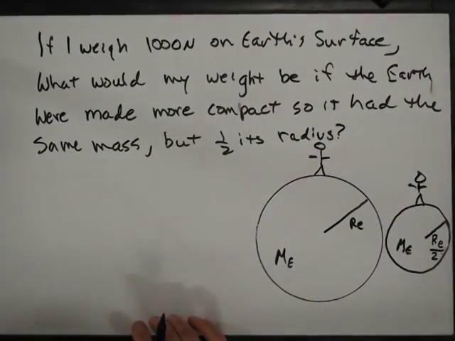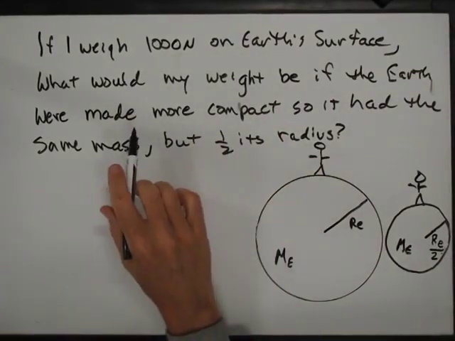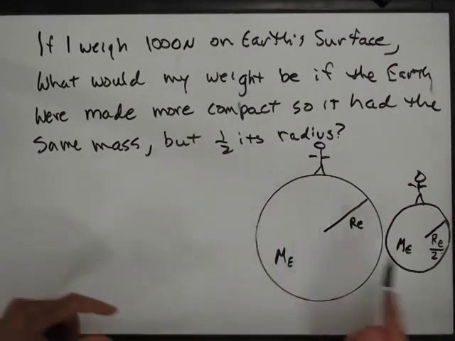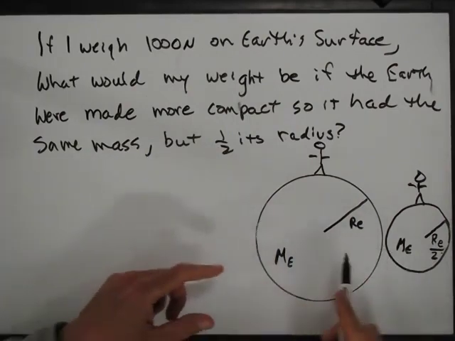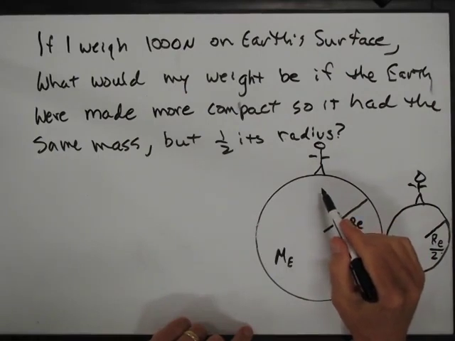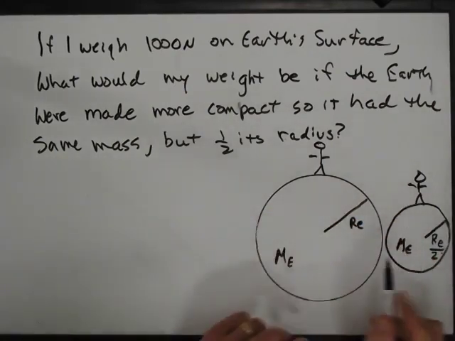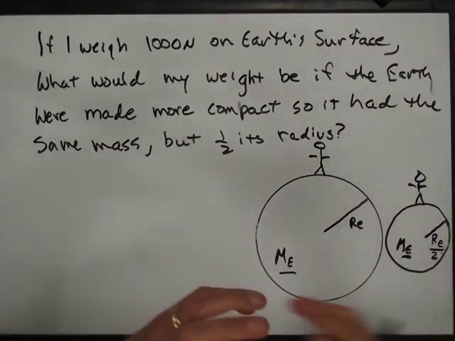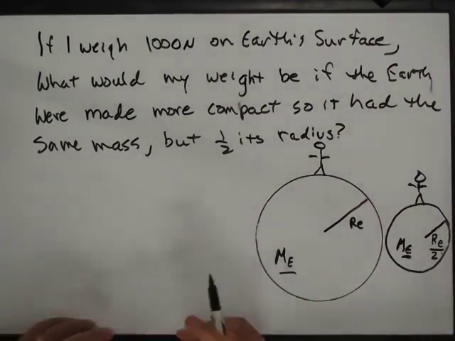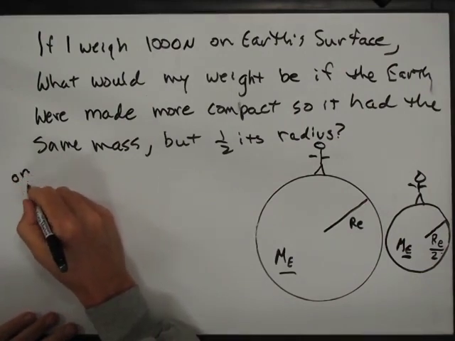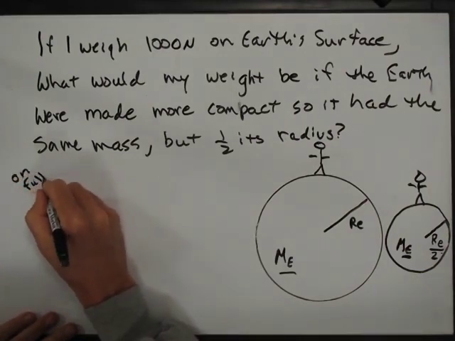So here's another problem. If I weigh 1,000 newtons on Earth's surface, what would my weight be if the Earth were made more compact so that it had the same mass but half its radius? So here's me standing on the normal Earth, remember, not to scale. And now the Earth has been made more compact so that its mass is the same, but it's half the radius. So the Earth's been crushed down. And so on full Earth, I'll call it,